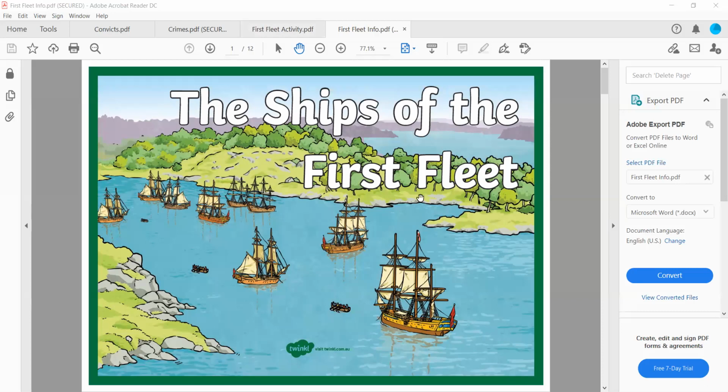Now this will be a separate PDF that I'll post out for you. This has got loads of different ships on the first fleet. So remember Captain Cook discovered, well, I say discovered Australia. He explored the east coast for Britain. He wasn't on this fleet of ships, he was on the Endeavour. He then came back to Britain, told us all about it. We then started to settle these colonies, and then this was the first fleet of convicts that was